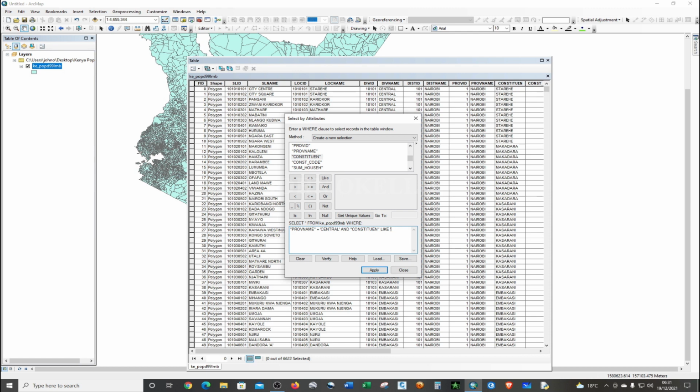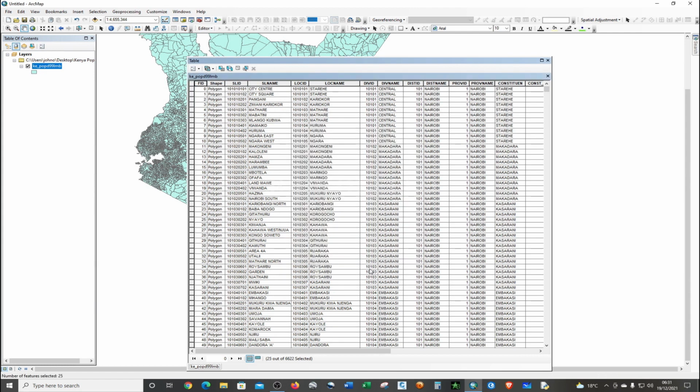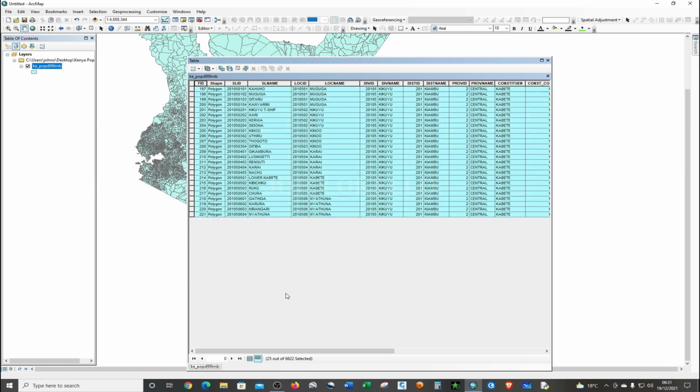So if you want to look for a word that starts with a certain character, you use the percentage sign, the wildcard, at the beginning of the search. Then you type the words that you want to find, then close the apostrophe. So you can verify, apply. So